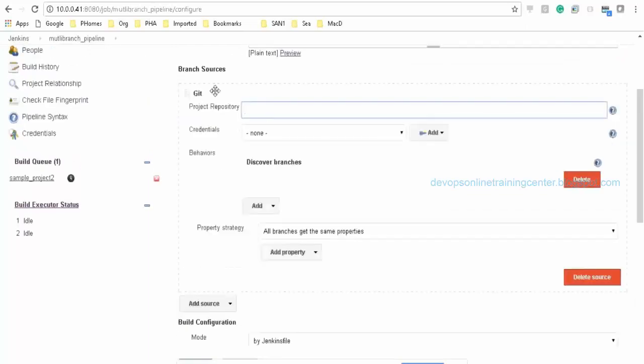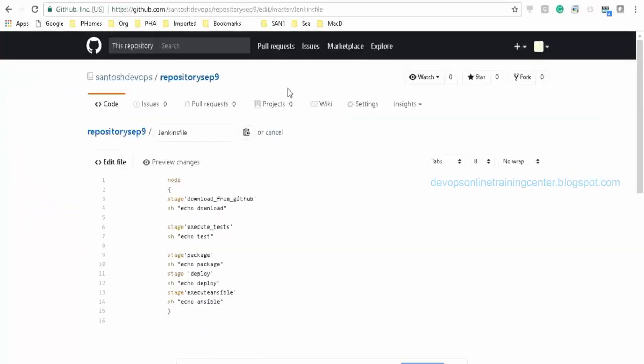We need to add Git, not GitHub. Okay. So I'll just copy the same URL.